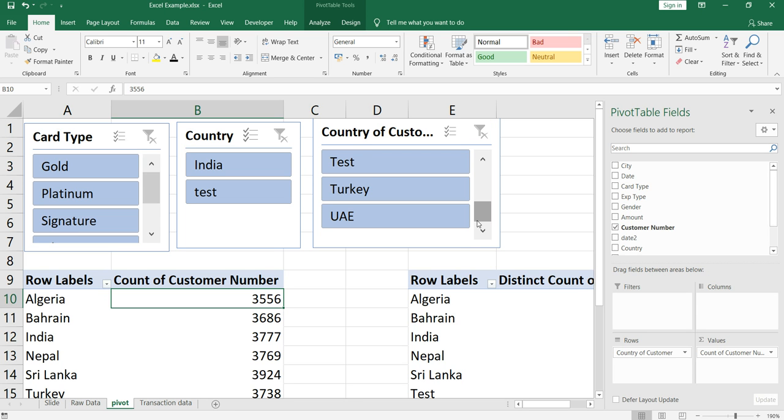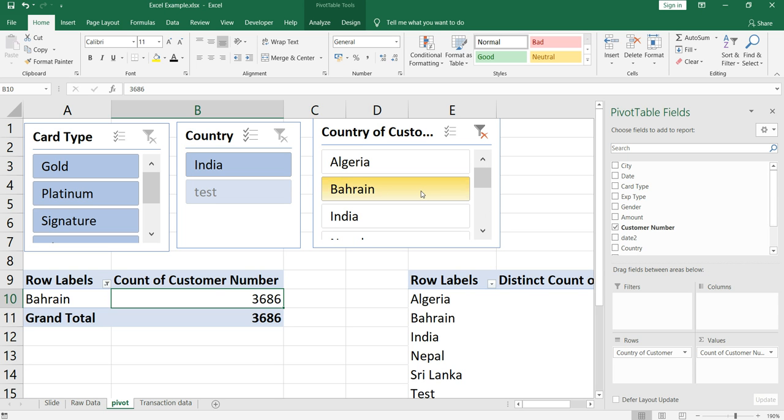Now what if I want to select country of customer as Bahrain and the card type as silver? So it's a complete relation between the variables. The slicer provides you flexibility to go through your required attributes, select them, and the entire data will be refreshed within the pivot table.